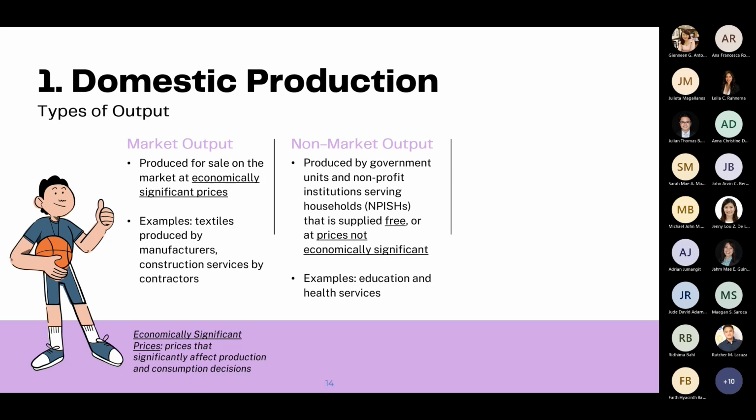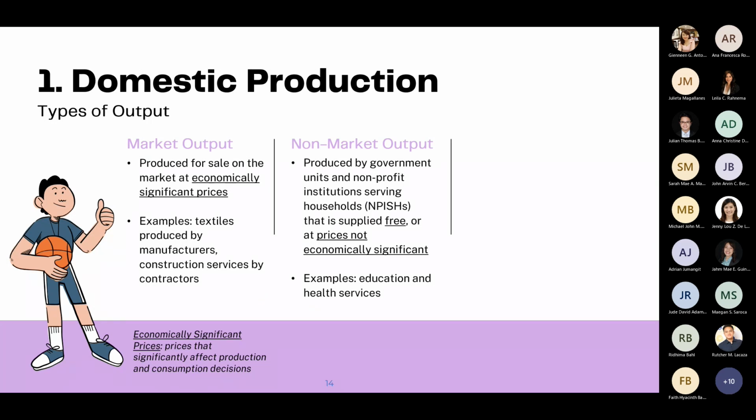So it's a price that is not quantitatively significant from the point of view of either supply or demand because these institutions, governments and NPISH, are non-profit institutions, right? Okay, so a few examples would be education and health services, which may be provided for free or subsidized by